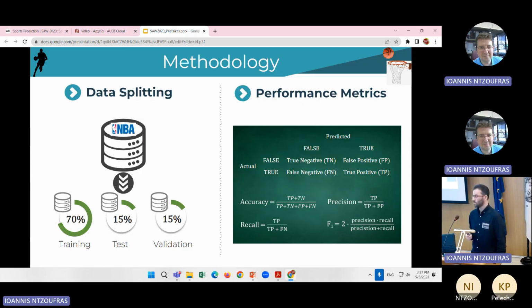To assess the performance of our models, we used the confusion matrix to compute several metrics. Considering that the NBA is a make or miss league, in the sense that teams win or lose games by making or missing shots, we deemed that the cost of false positives and false negatives were essentially the same in our analysis. As a result, we used the F1 score as our main evaluation metric.